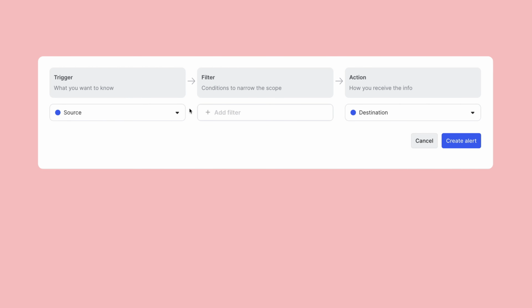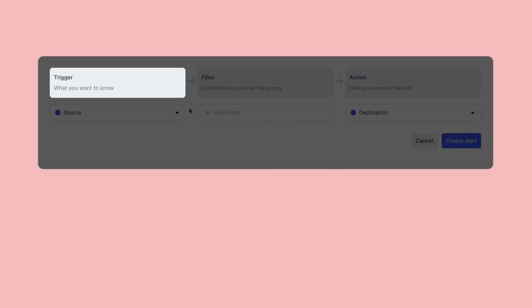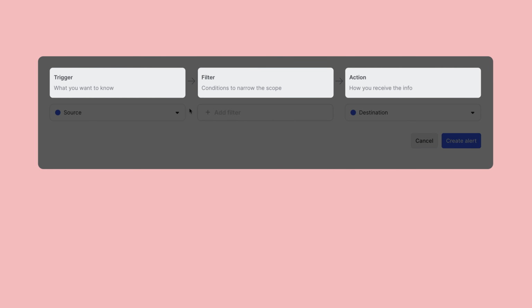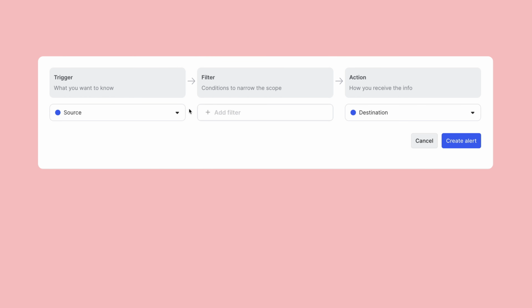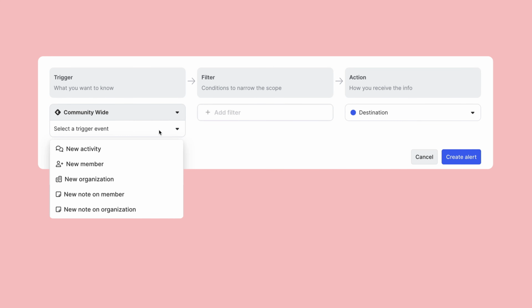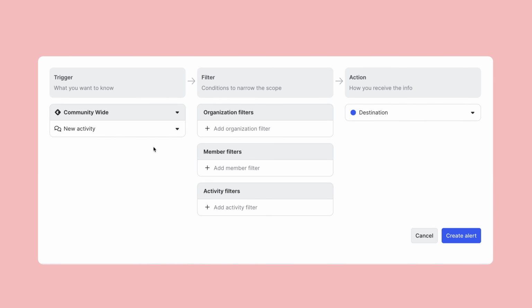Similar to workflows in Common Room, team alerts use a logic-based system with three main components: triggers, filters, and actions. Triggers are specific events that occur in your community and start the flow of the team alert. Triggers can either be community-wide events or source-based events like from a Slack workspace. And trigger events range from new activities like comments or posts to a new member joining or even a new organization engaging with your community. But essentially, once an event triggers the team alert, then it moves on to the next step in the flow,